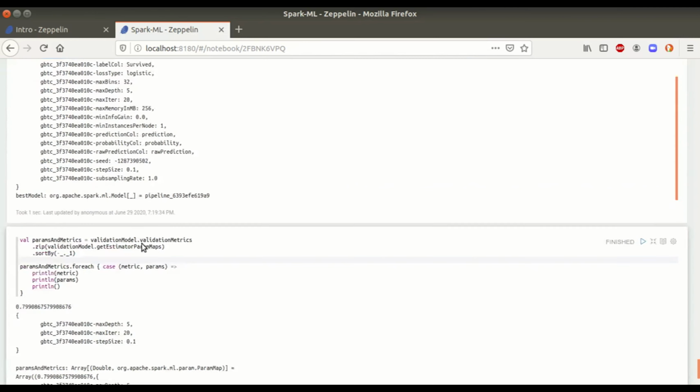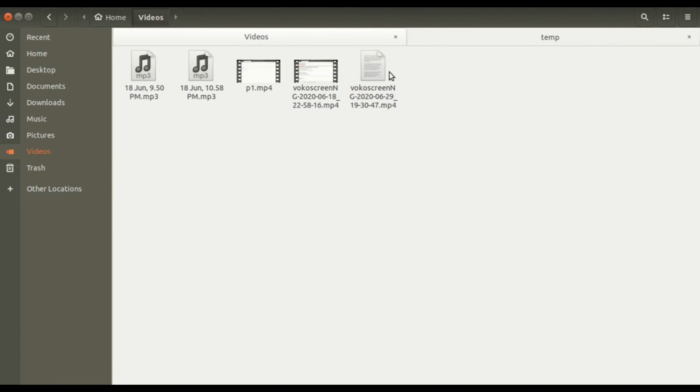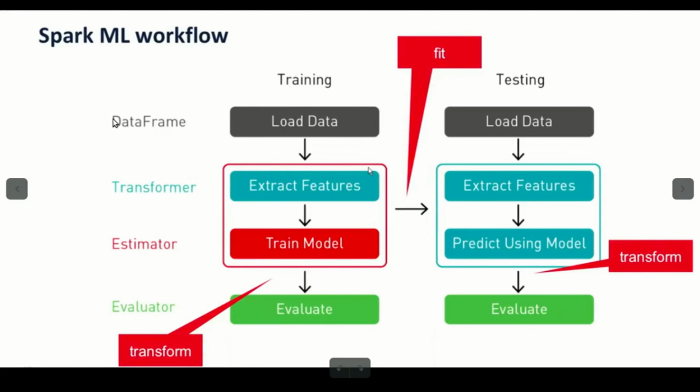There are multiple things which we are doing, but to summarize it in a very simple representation of an image: first we are creating a data frame, then we are applying some transformers like string indexer and one-hot encoder to convert our data into a proper state before passing it to the machine learning model.